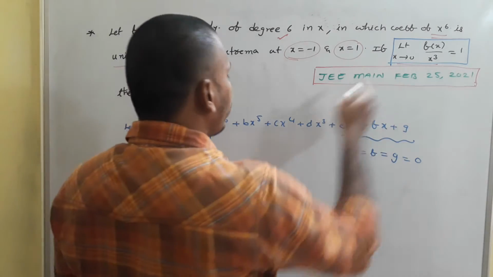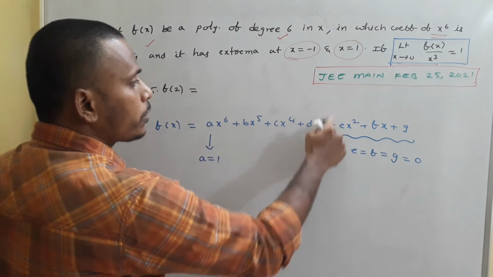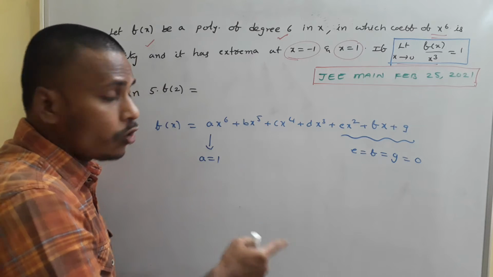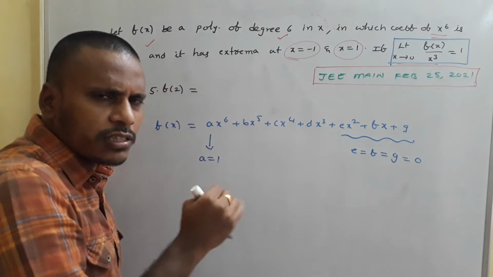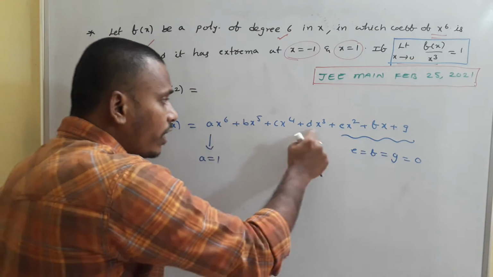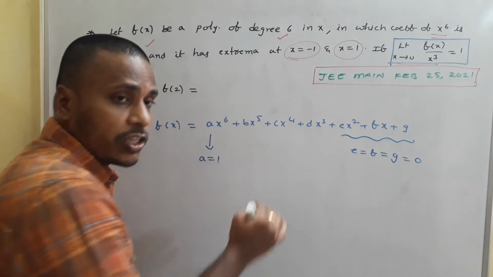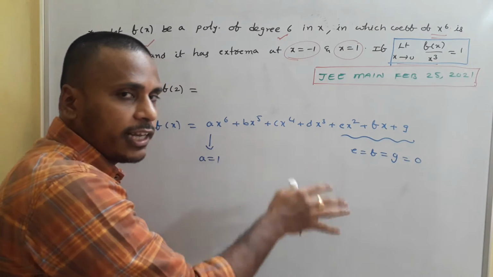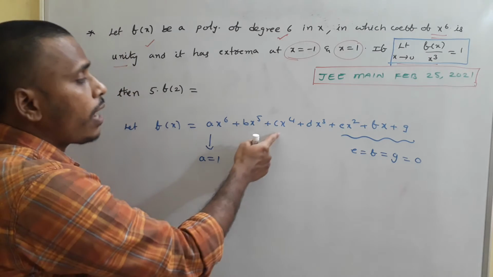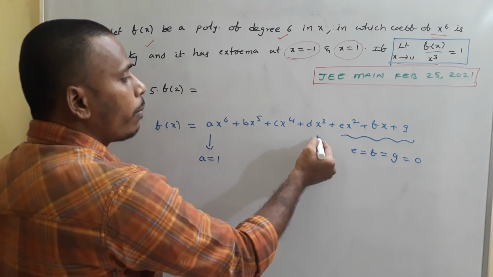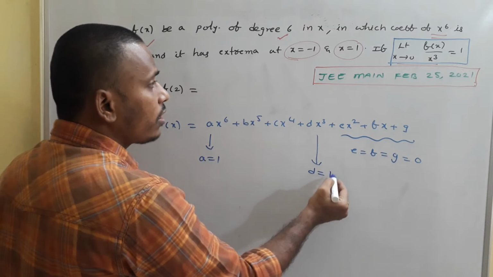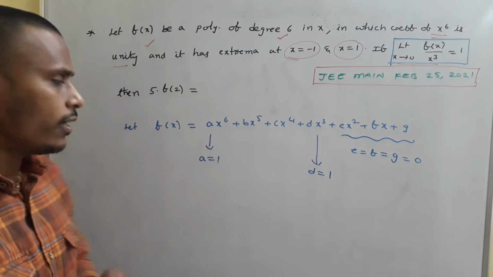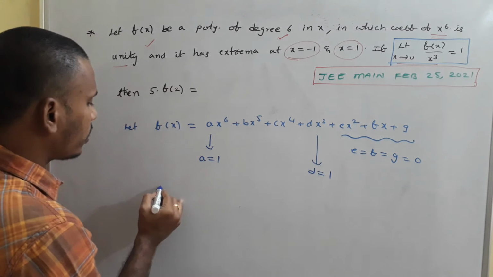And now when you divide this part of the polynomial with x cube, and then as x tends to 0, these three terms will become 0. Just think about it. Divide everything with x cube: ax cube, bx square, cx, and this is a constant d. Since we are dividing with x cube, as x tends to 0, these three will become 0, but you are left with this constant, and that constant is the limit value 1. So d is also 1. So if you analyze the problem clearly, then a is 1, d is 1, and all the other things are zeros.